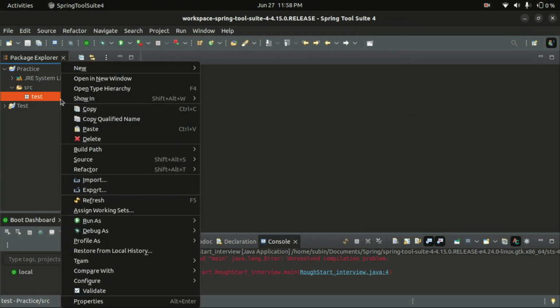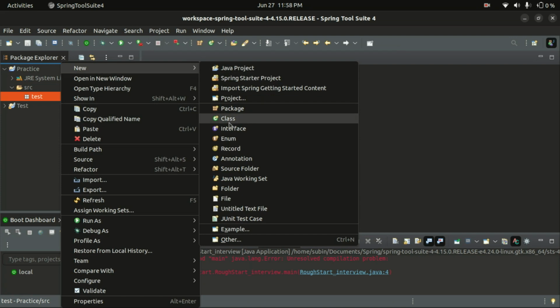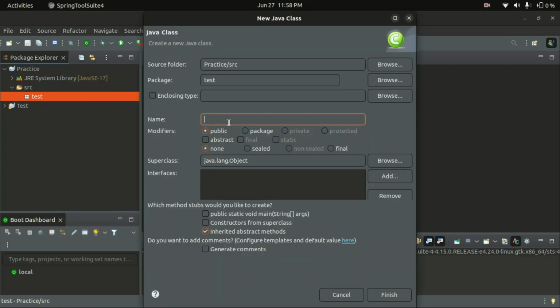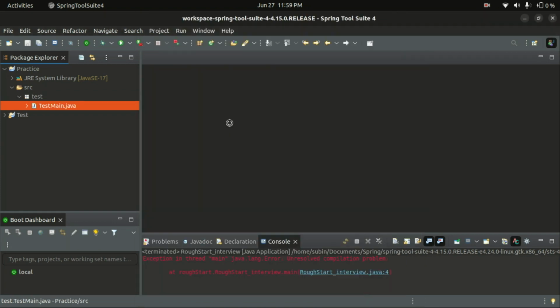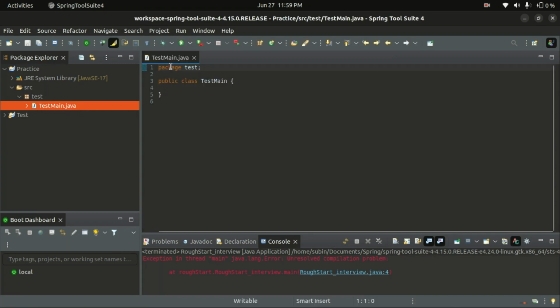In this package I want to create a class called testmain. So there you go, we got a class called testmain.java file, under the package test, which is this one. And here you go, this is the public class testmain. So this is the class name, and we start with